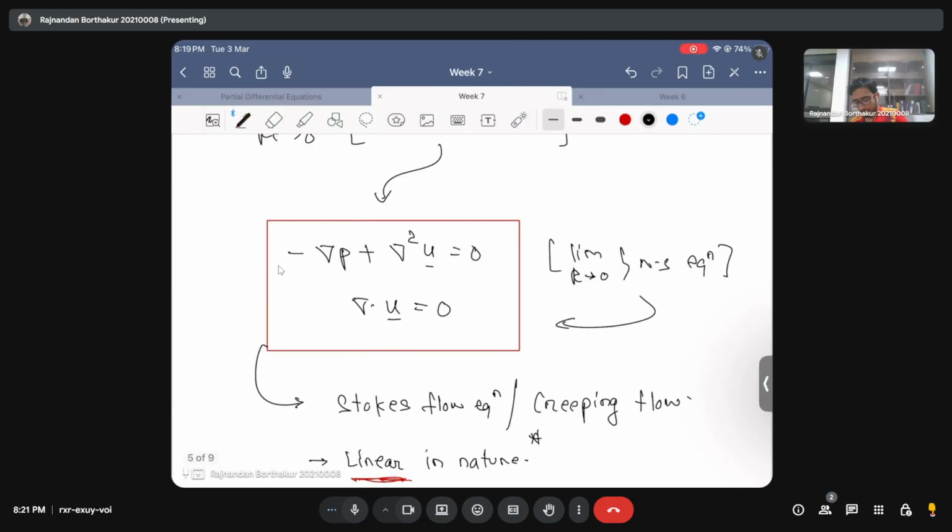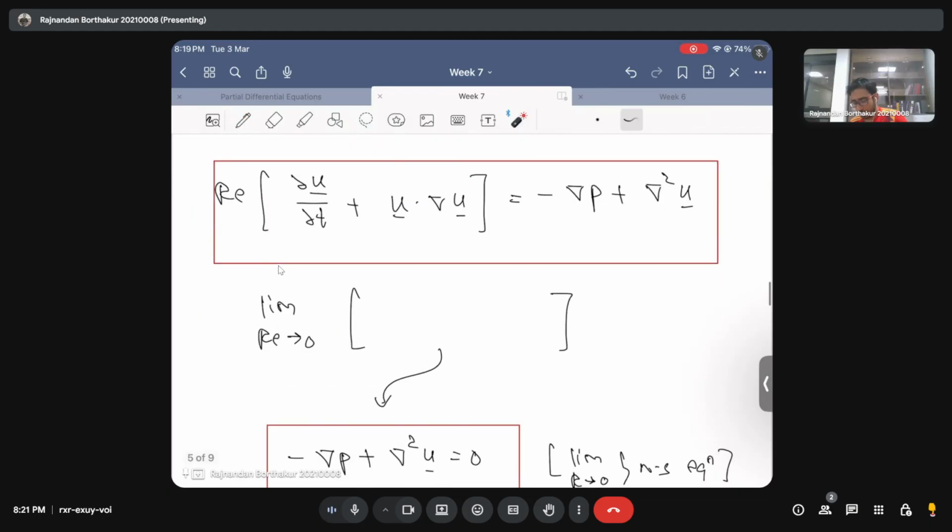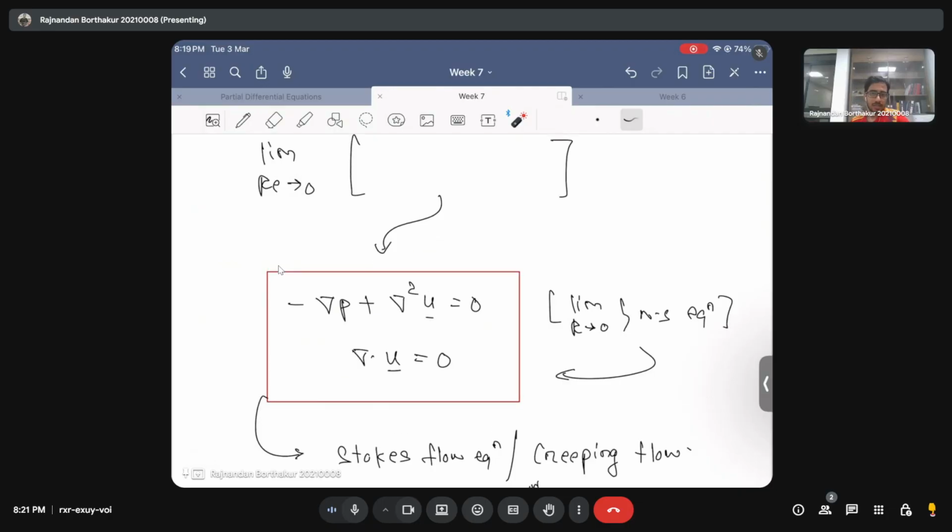So since you are dropping the inertia term in the limit when Reynolds number goes to 0, this essentially makes the creeping flow equations linear. Okay,